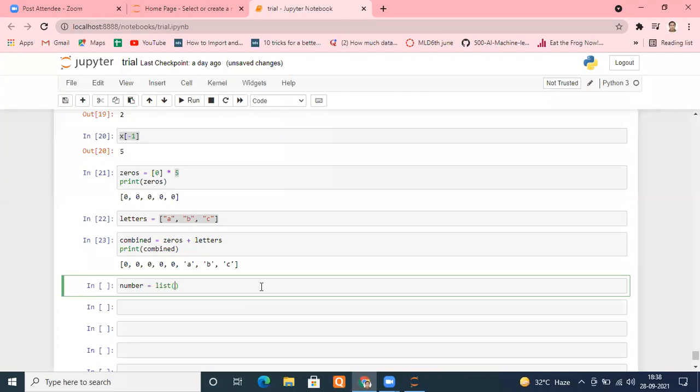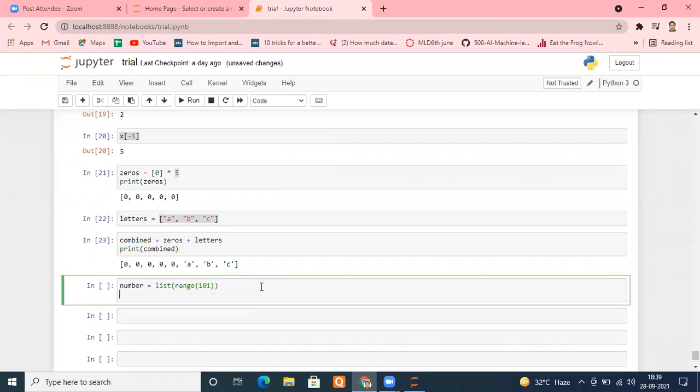There's a function called list available. What you have to do is put an iterable inside this, and range is an iterable. Remember, we can put a for loop on the range function. So you can put any iterable here. For example, I'm typing range, and inside range I'm typing 101, because if we type 101, it will take the numbers from 0 to 100, one less than that. Let me do that and print my numbers.